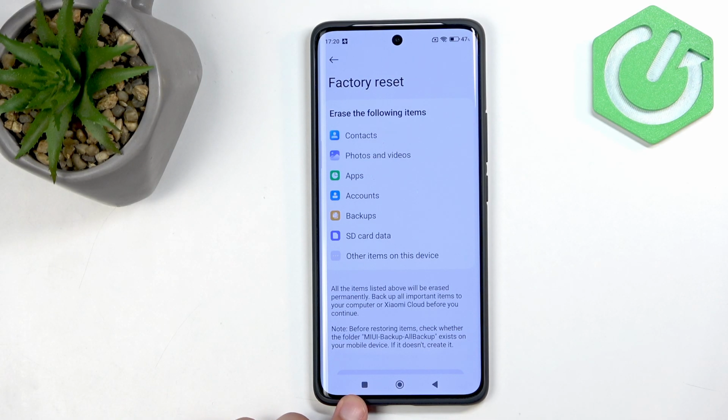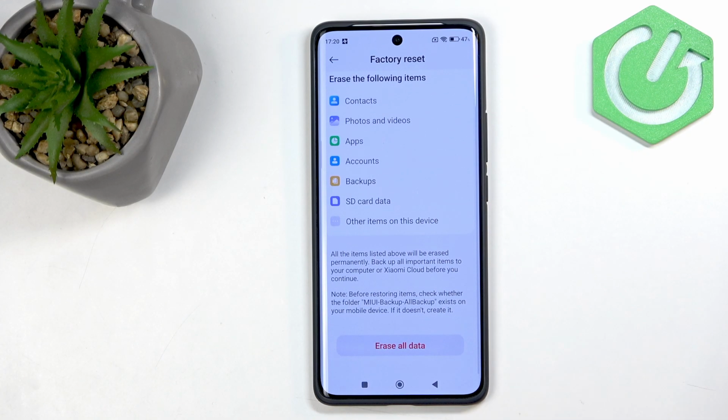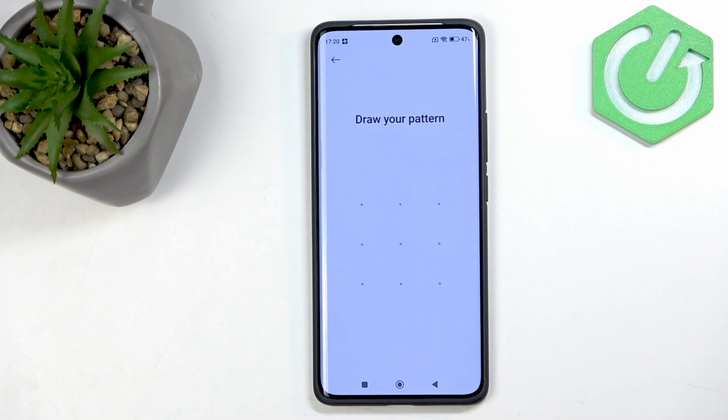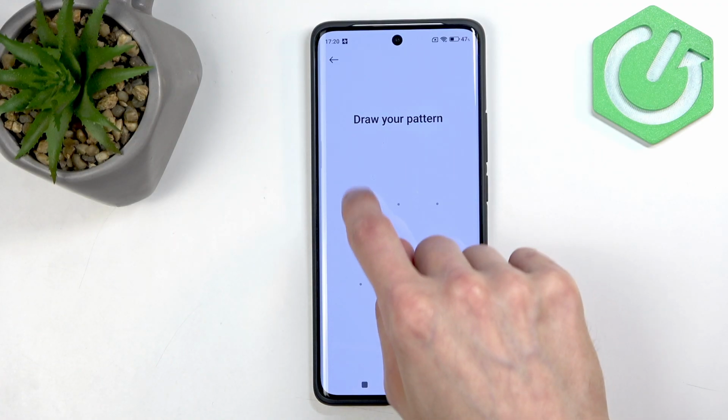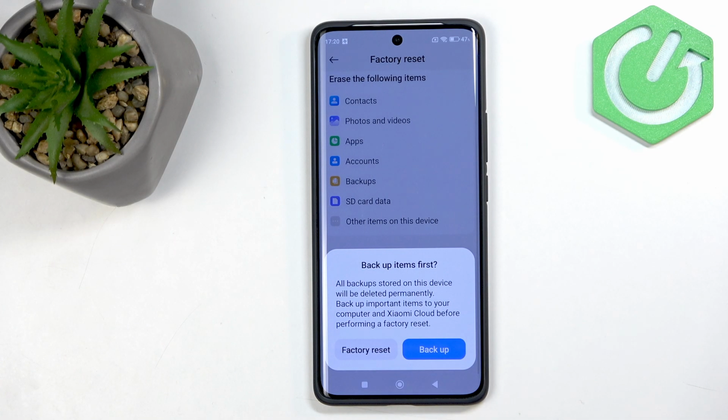I don't even know if this one has an SD card slot, to be honest, but just know that in any case, if you see such a thing, it just refers to the data associated with the card, not what the card holds. So anyway, we're going to scroll down and select right here, erase all data. If you have some kind of screen lock, you do need to confirm it. And once you've done so, you get this pop-up again to back up your device. Obviously I already went through this, so I'm just going to select right here,